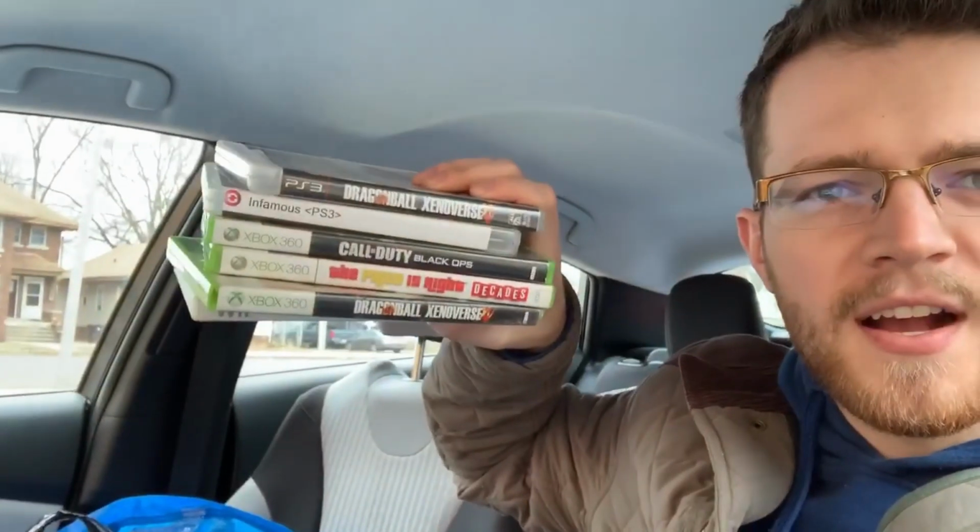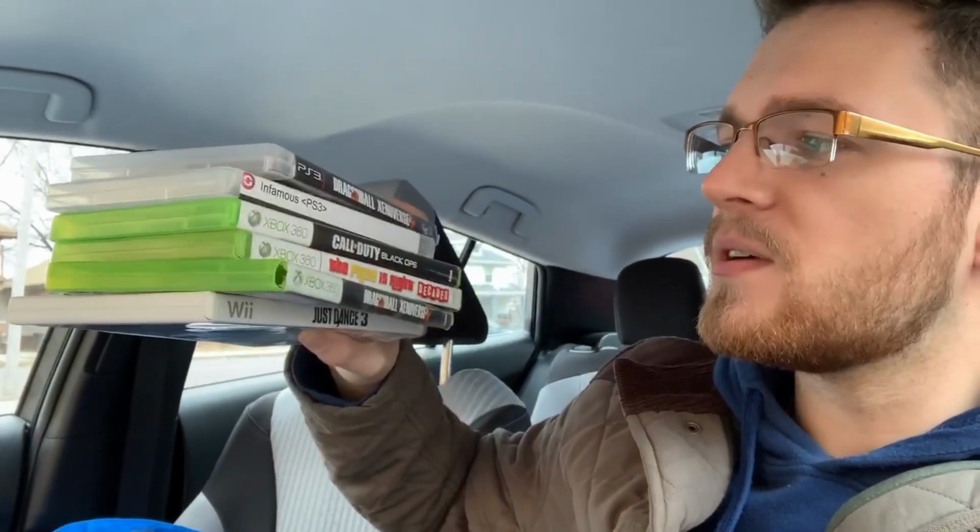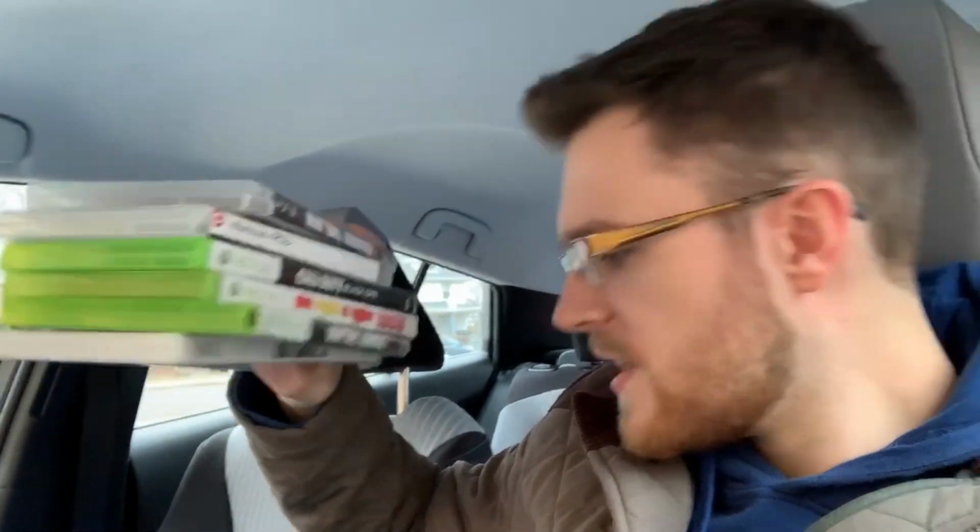Also managed to find 6 older games, you can see right here, for $1 a piece. I also have a Wii game in there that's a bundler. These guys are worth like $5 on up after fees. So that was nice to find. And of course, I picked up their